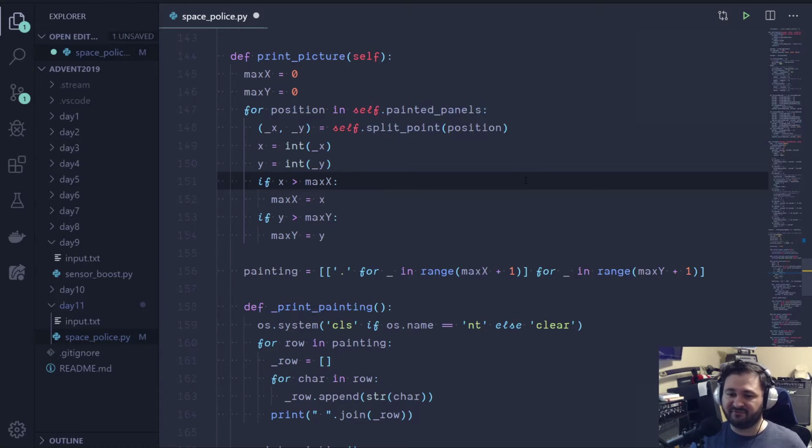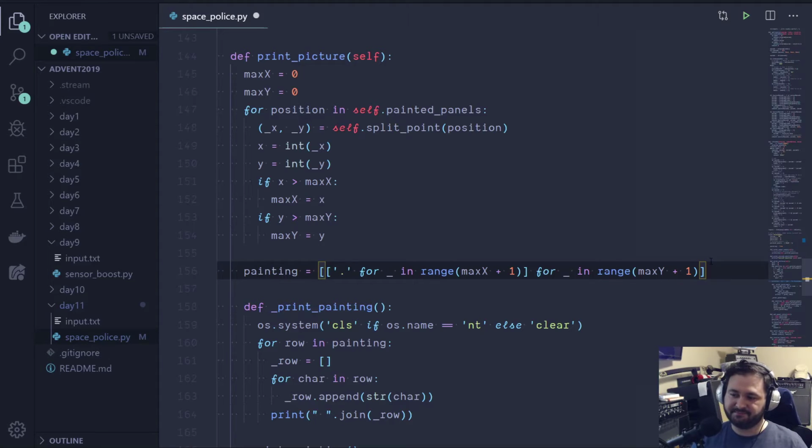So I was like, okay, I'm just going to try this and see if it works. If you loop over the points and find the greatest x and the greatest y value, and then make a grid that size of nested or 2D lists, basically the outside list is y, and that has a bunch of lists for the x values. So again, just like the previous thing where we were printing asteroids in a grid,